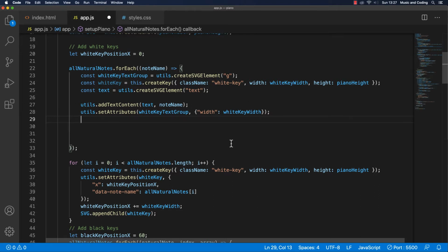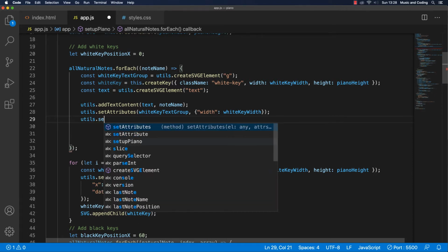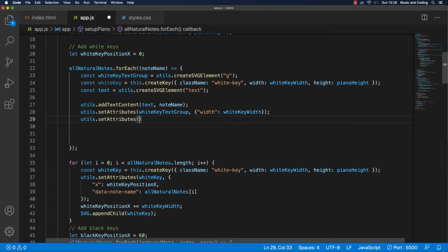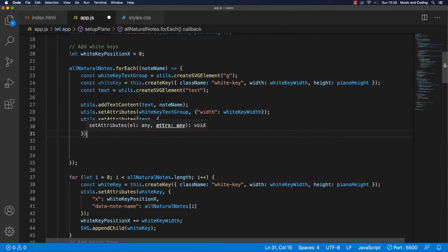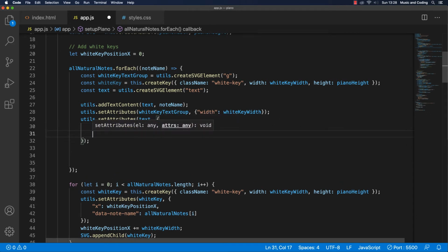So if I go ahead and I say utils, and then we want to set attributes, and we want to do that to our text. Right here, we're going to pass more than one. So we want to have the X position, which is this, and let's just set it to 15, something like that. I'm going to hard code it for now, and then take the Y position and let's put it down to 380,